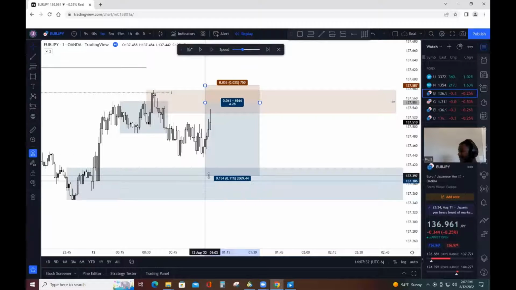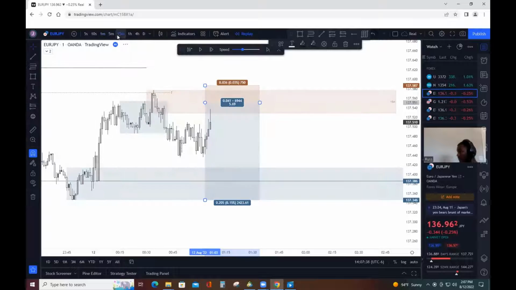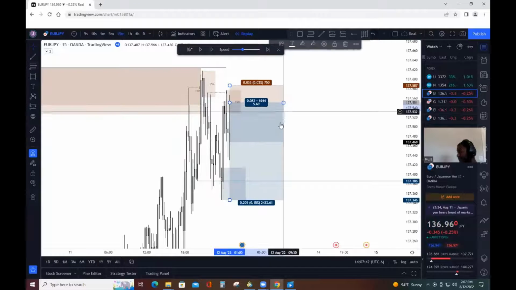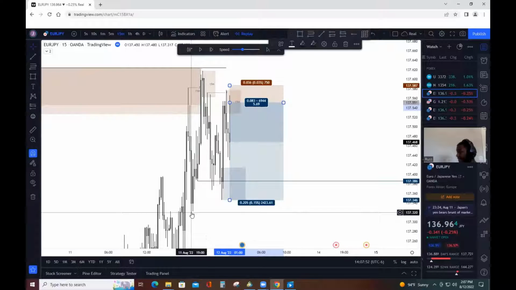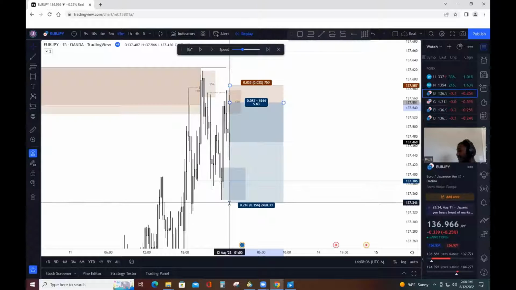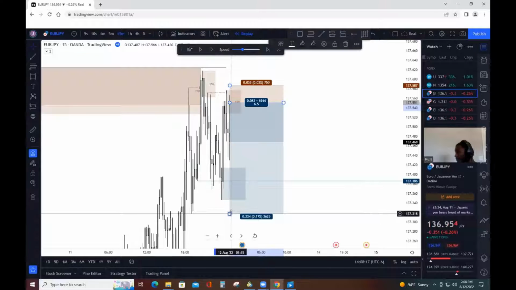And then I'm gonna go back to the 15 to see where we could target. And so since we did this sweep and it came down, this high right here made a high. And so we're anticipating that this will be the most ideal. This would be like best case scenario TP, right? But then this is the